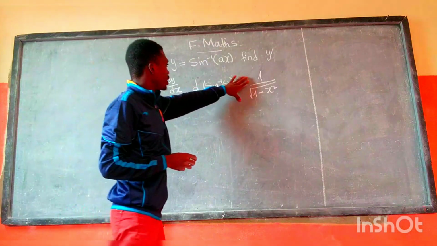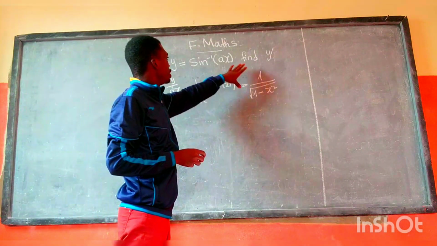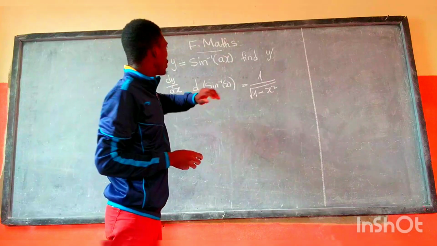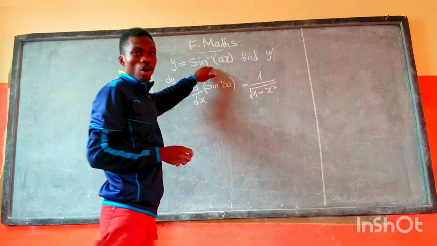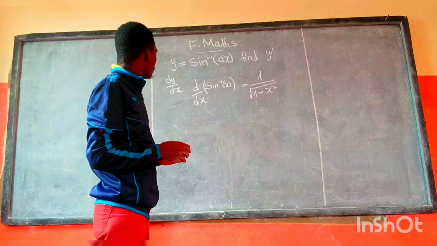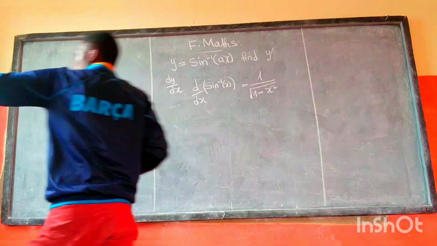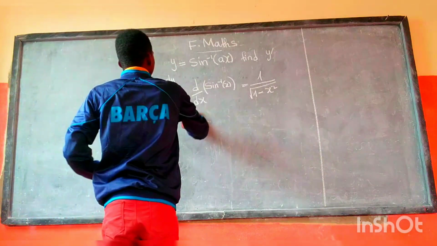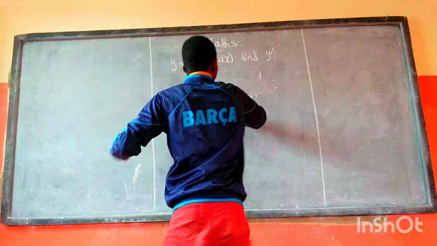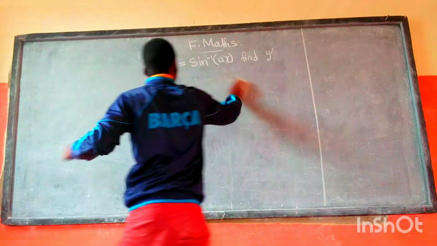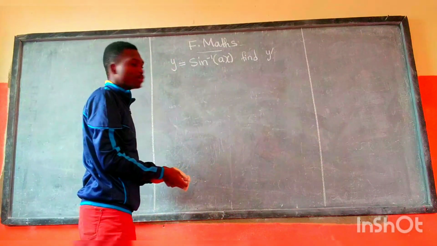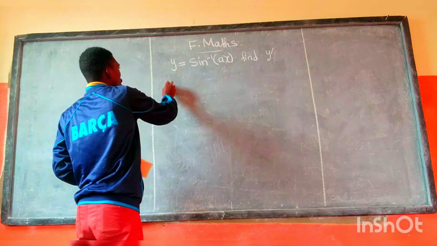So, with the notion of this, I'm going to use the chain rule to differentiate the sine inverse of ax. I'm going to apply the chain rule, and I'll have that